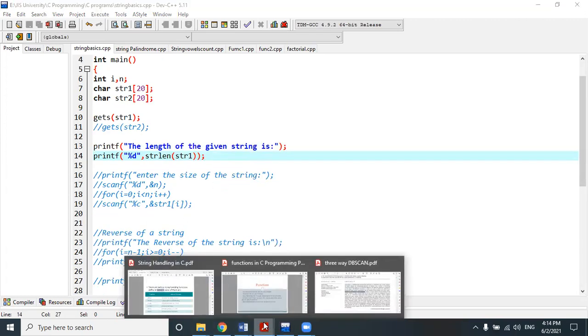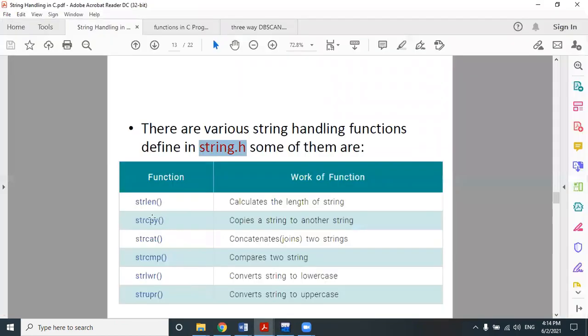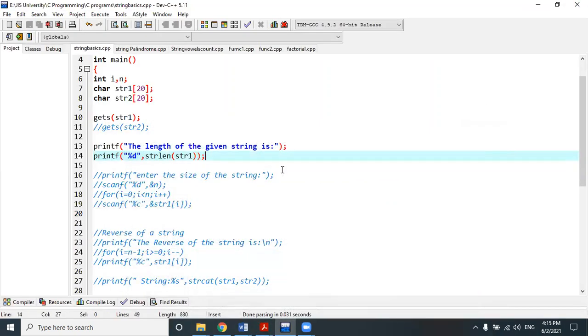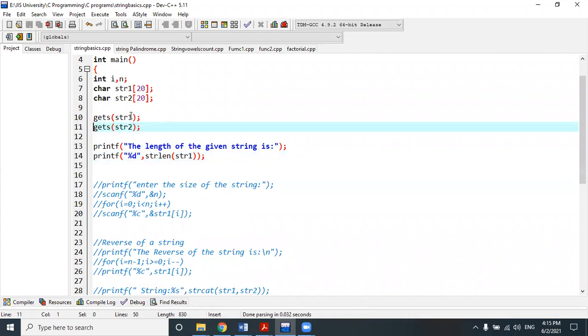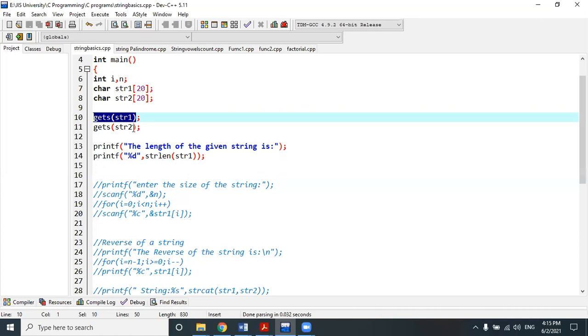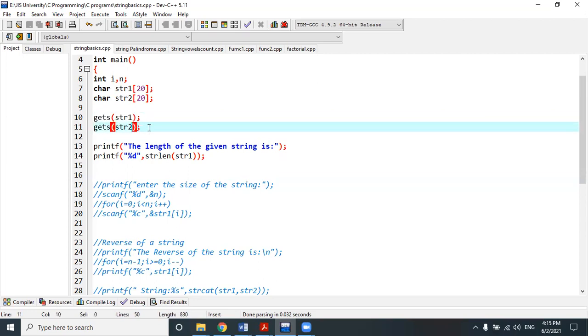So in such a way, we will do the other functions. The next function is string copy. Okay, next function is string copy. So this code I have also shown in my last class, how to perform a copy of a string. And if you remember, I did at least 4 or 5 lines of code to do the copy. So here, instead of that, we will do the copy in such a way. To copy one string into another string, we have to read the first string and we have to read another string, because this is the string whose value we have to give, and this is the string on which we have to copy the string.